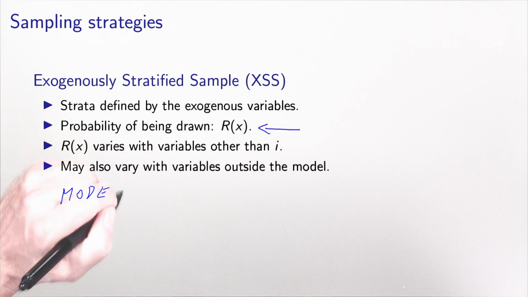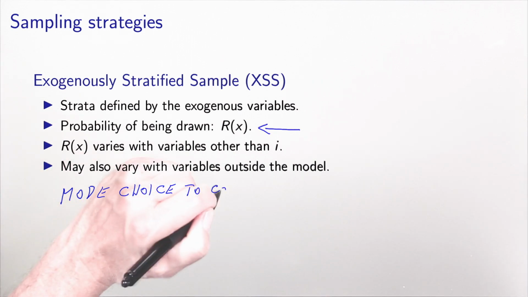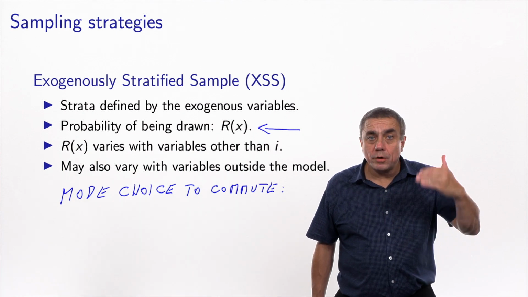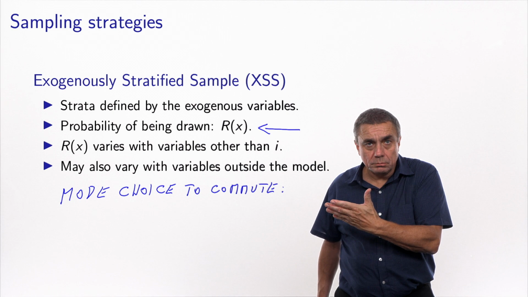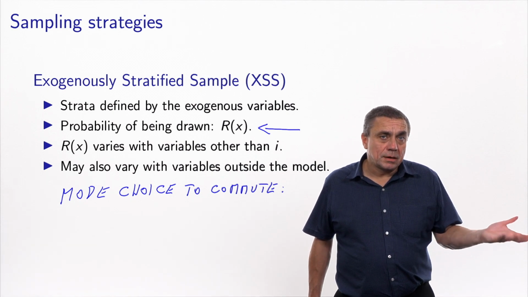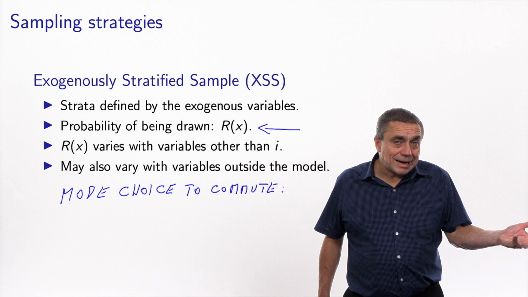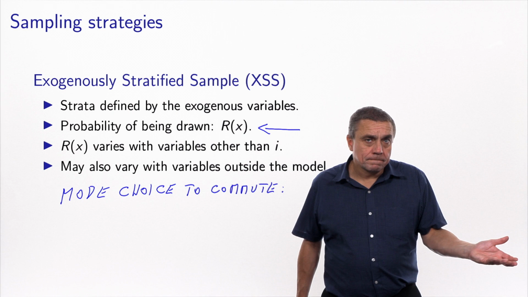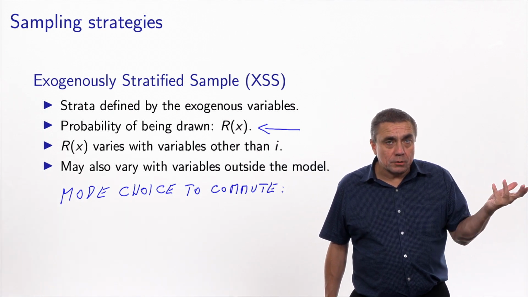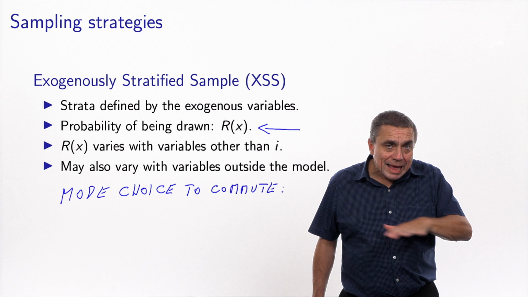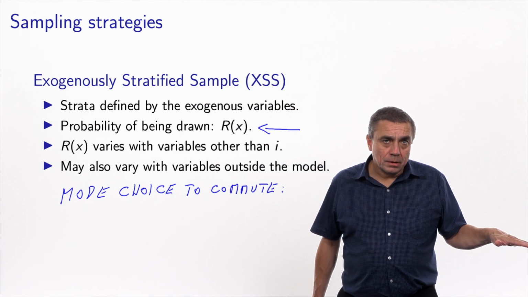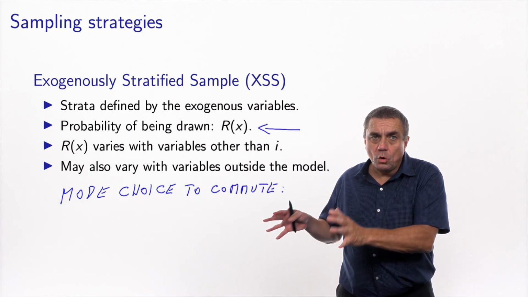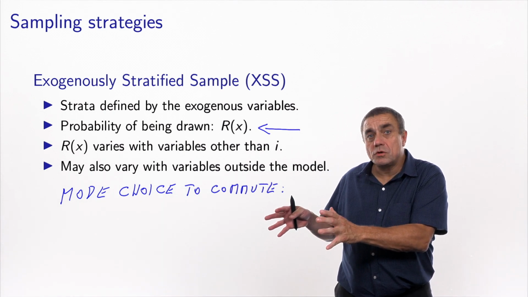So suppose we are interested in a mode choice to commute to work. In this context, it would make more sense to oversample people who are working. Indeed, if we spend a lot of time interviewing people who are not working, it's likely that we will not get a lot of information from them because they are not commuting to work. And we don't want to do it just for the sake of having a simple random sample with equal probability for everyone. So by using this strategy, we target the data collection towards categories of the population which will give us the most information.